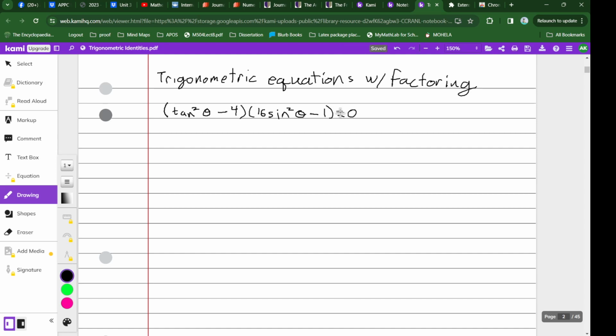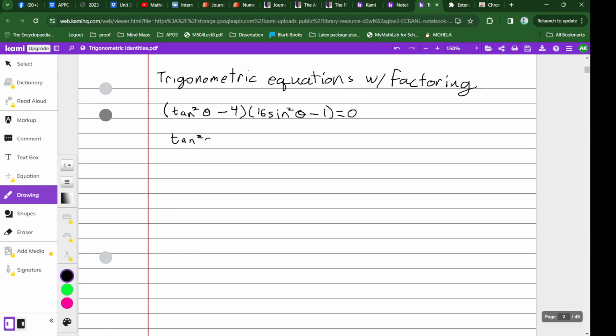In this problem, we have already gotten the factored form of this. And what we then need to do is just apply the zero product property. If this number times this number equals 0, that means that